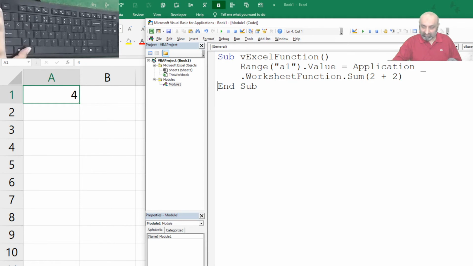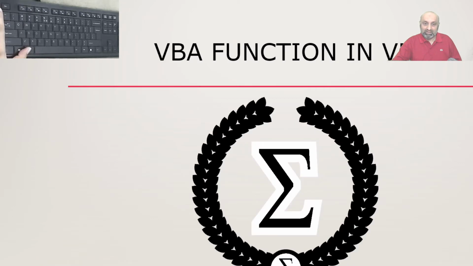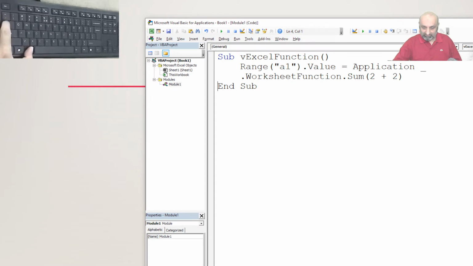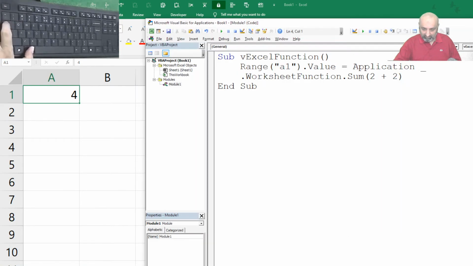Let's go back to our agenda and see what is the next thing we need to learn. Okay, how to use a VBA function within VBA. This is interesting. Let's go back to Excel, and here is my VBA. So first of all, how to use a customized function in my macro.